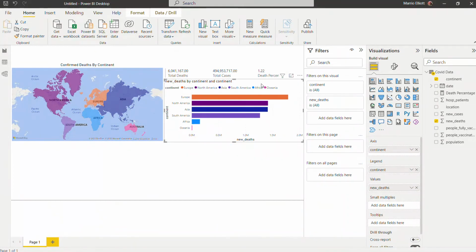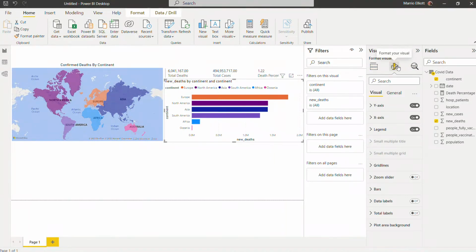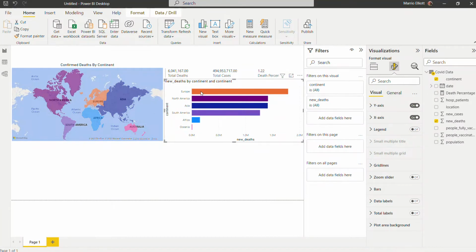Yeah, let's format it, and let's take that legend off again because the colors kind of explain themselves, and look, they even match across from visualization to visualization. You see, it's pretty cool, pretty cool. So let's see what other things we have in here that we could make this look a bit better. Well, first let's change the title,